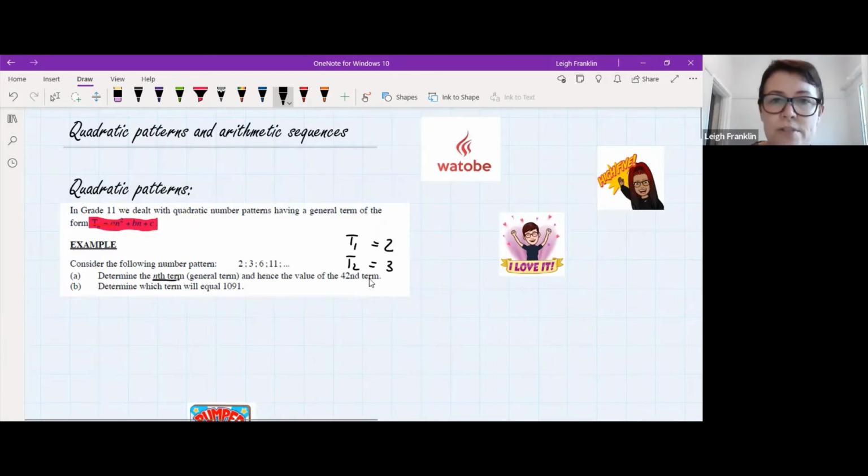So they are asking us to work out the values of A and B and C. Now we need a starting point. Where is my starting point? What am I going to do? I'm going to ask